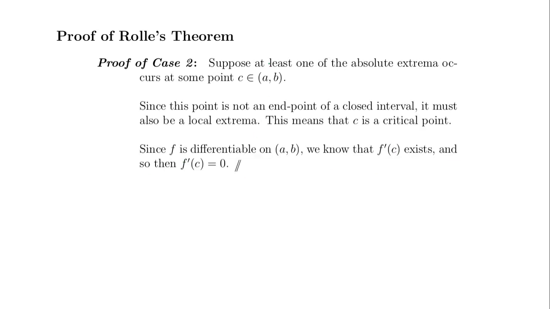If it's not constant, though, then what we're going to say is, suppose at least one of the absolute extrema occurs at some point c in the interval, essentially not an ending point. Then our function's not constant. It's going to end up looking something like, oops, I want this to actually be the same height, something like that. Anyways, all this to say, we know that there is the other absolute extrema. There's one of them. Since it's not at the ending point, we know it has to be a local extrema